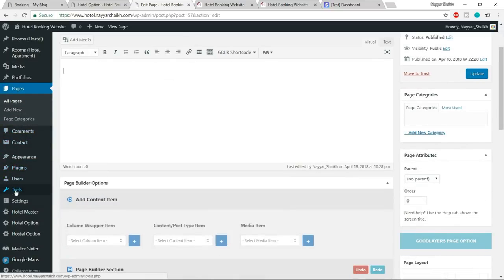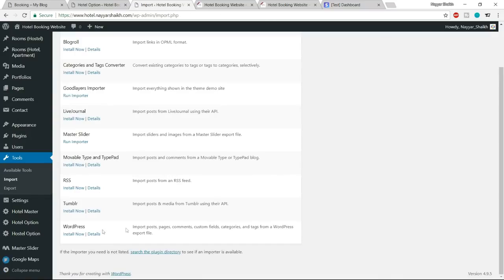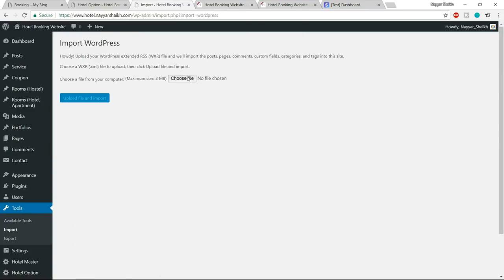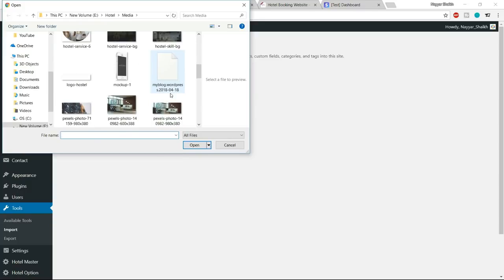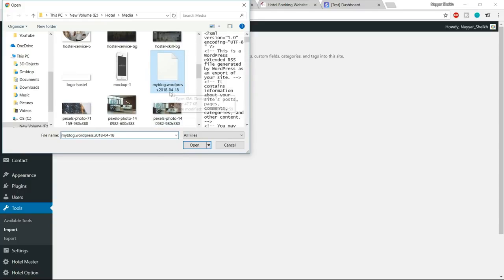What you can do is, from the left hand side, you'll see these tools. Hover over tools and click on import. Now at the bottom we have this WordPress. Click on install now, WordPress installer. Now click on run importer, choose file and go to your media folder and you'll see one file. Okay, this is how it will look,